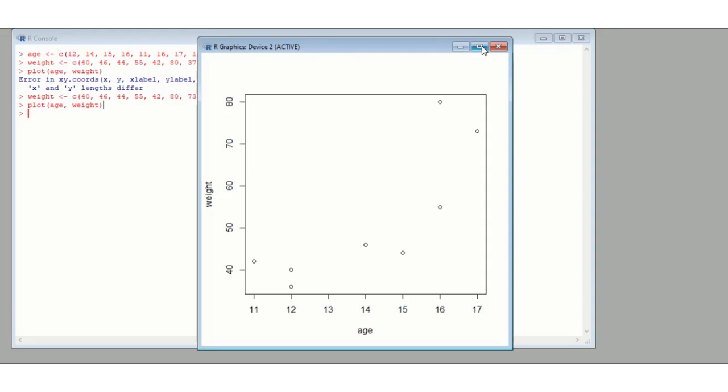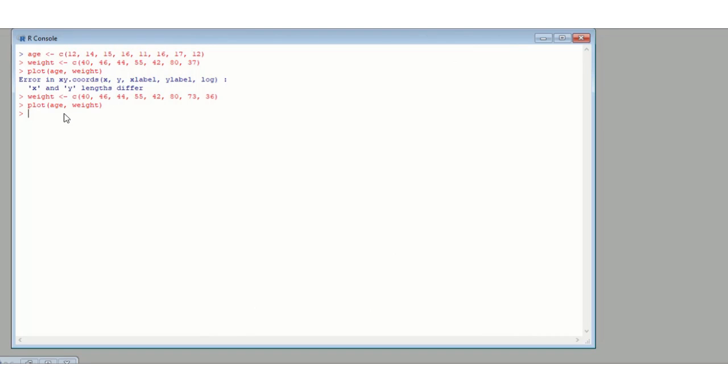So we might want to dig a little bit deeper and use the correlation function. Age and weight, and this gives us a number, and this is the Pearson's correlation coefficient, which will always be between -1 and 1. The closer it is to 1, there's a strong positive correlation. If it's close to -1, there's a strong negative correlation, and anything near 0 just means there's no linear relationship